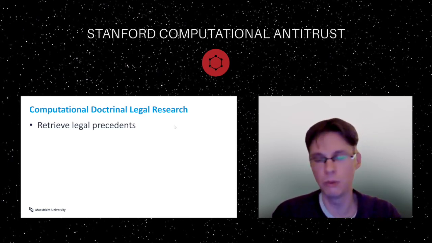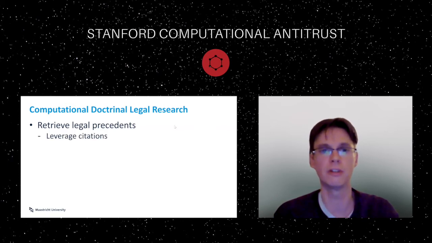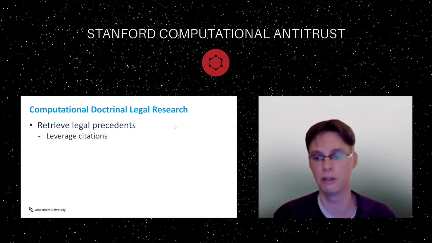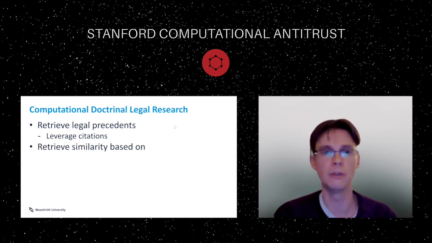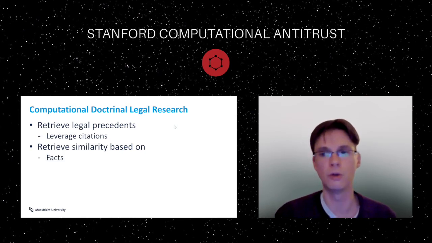So how I would position it and approach it is, I think one element to look for is to retrieve legal precedents, for which you could leverage the citations. You mentioned that in the paper that I read. You can leverage that also compared to and by using the semantic similarity. But in order to do that, you have to look at the facts, the arguments, the outcomes, and you have to parse that.